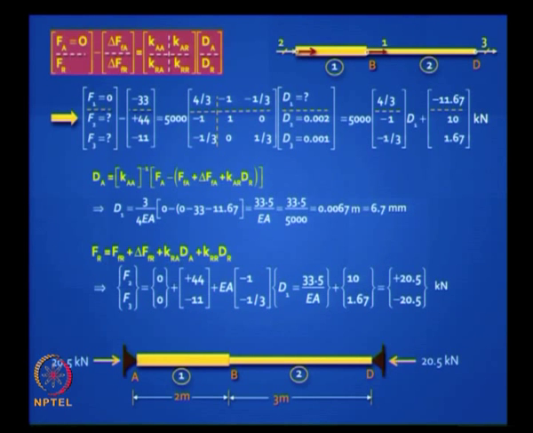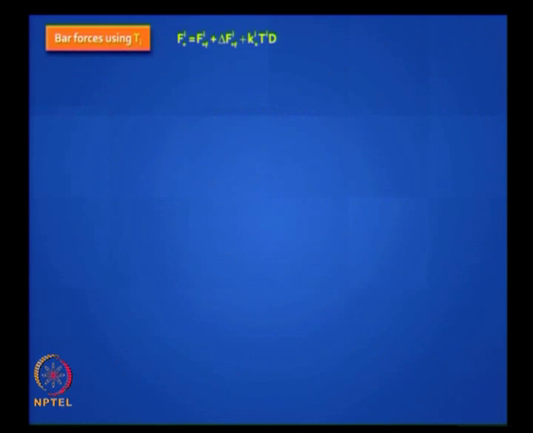After you get this, what is the next step? Well, you can also see how it has moved. We can find the elongations. D1 has moved 2 mm because that is given to you, D3 has moved 1 mm, it is given to you, and D1 has moved 6.7 mm. So you can draw roughly a shape to scale to get an idea of the numbers.